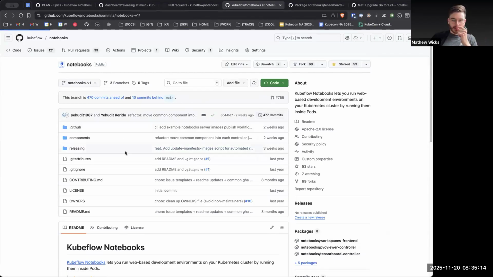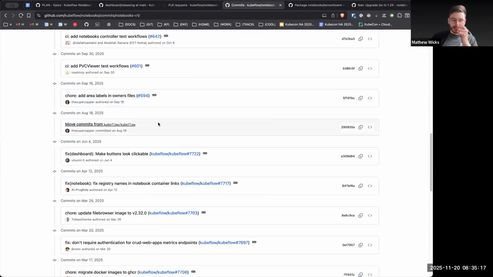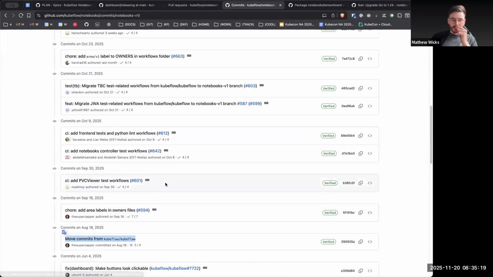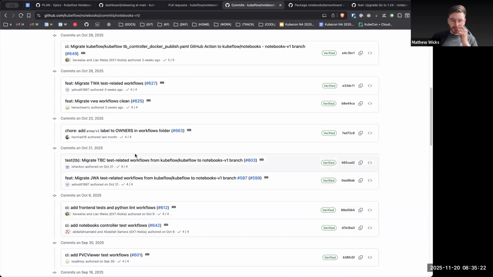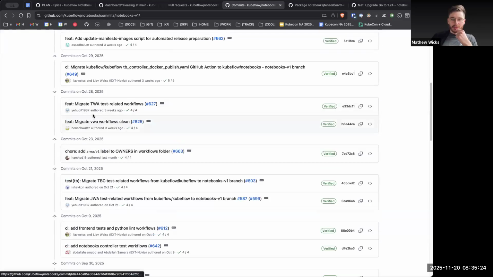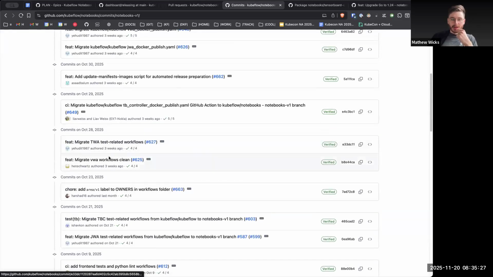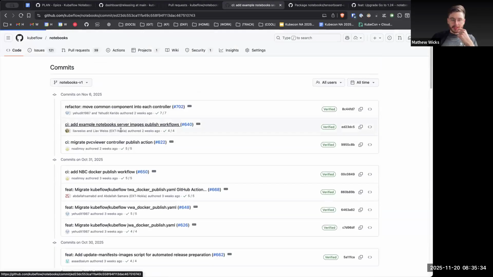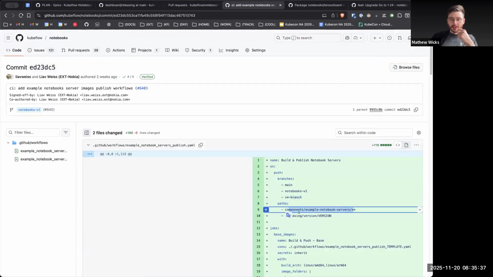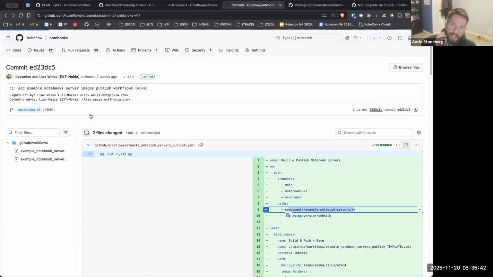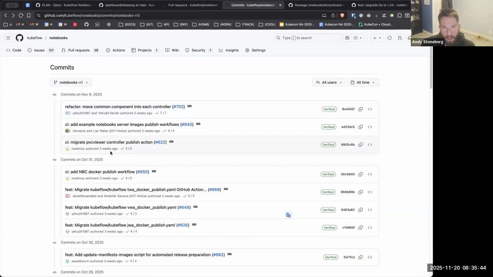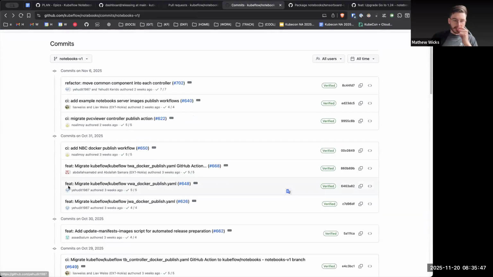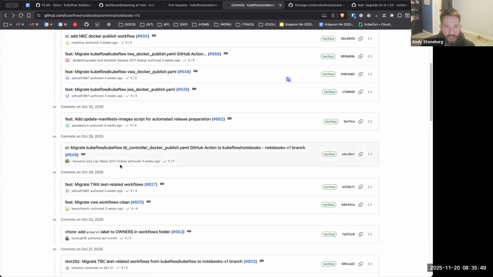If we look down the V1 branch, since the merge, wherever that was, here's this one, right? Move commits. So it's test, lint, test. There's some of these ones that I think we do need to fix up a little bit. I think there was a couple which were a bit strange, where they added some incorrect path matching, but that's just silly stuff. I don't think that exists in the Notebooks V1 branch. I think you're thinking of the Kubeflow dashboard branch. Okay, cool, yeah, that's good. So yeah, we should be good here.